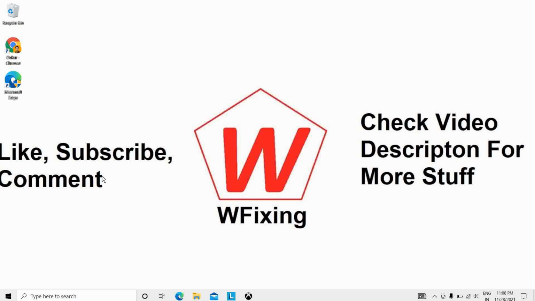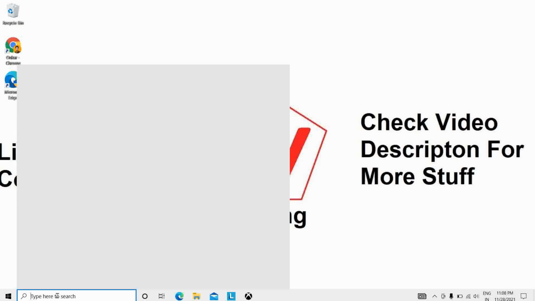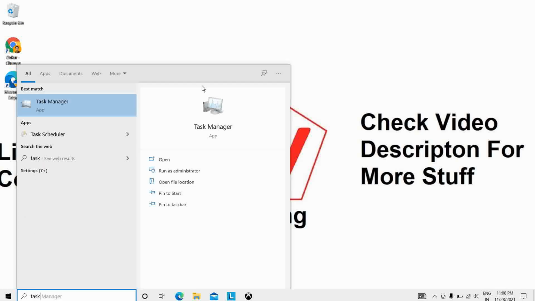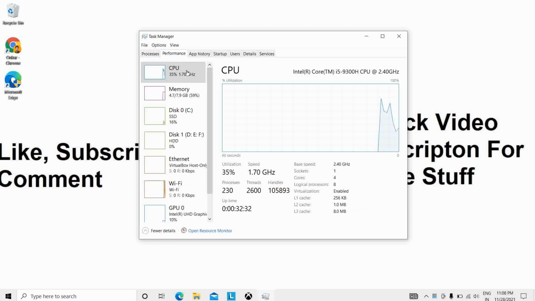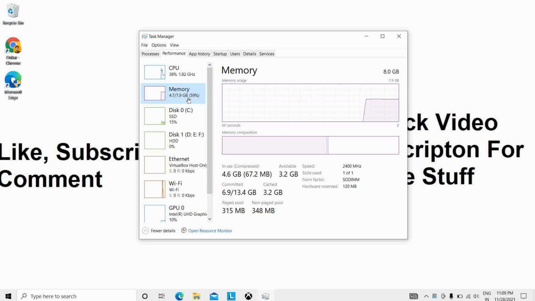How to increase that? Check the physical memory size: click on This PC, select Properties. For that, open Task Manager, go to Performance, and go to Memory, and you can check here the 8 GB memory is here, 3.2 GB is available, cached, and all these things.